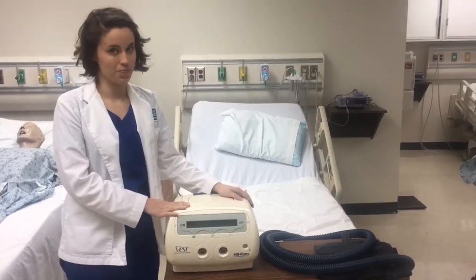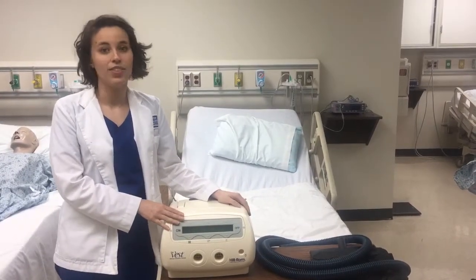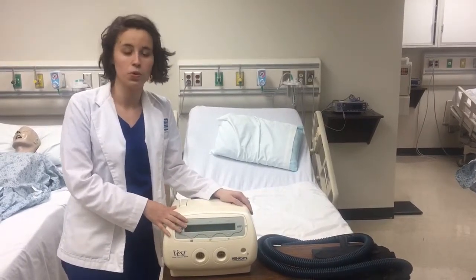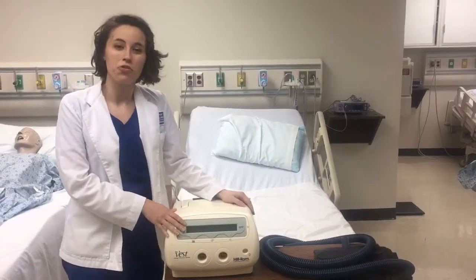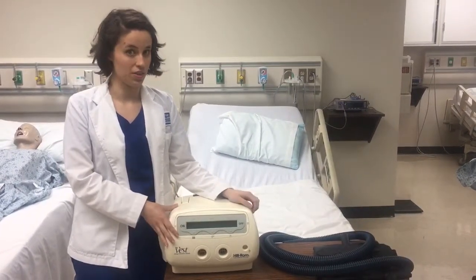So while high-frequency chest wall oscillation devices can be very beneficial, there are times when you should not use this device. Conditions that patients may have that would be contraindicated would be injuries to the head or neck that have not been stabilized, hemoptysis or coughing of blood, being hemodynamically unstable, the presence of an empyema or pus in the lungs, or fractured ribs. Check the patient's chart before entering their room to make sure that the patient does not have any of these